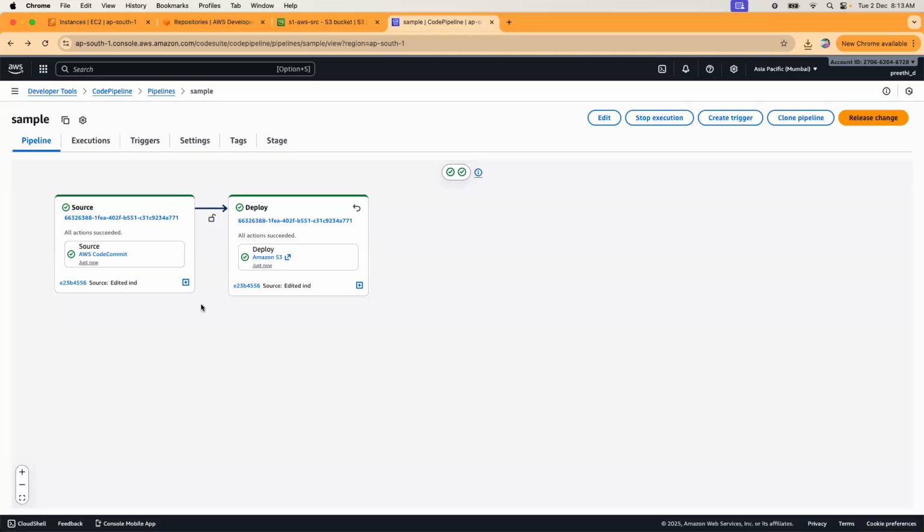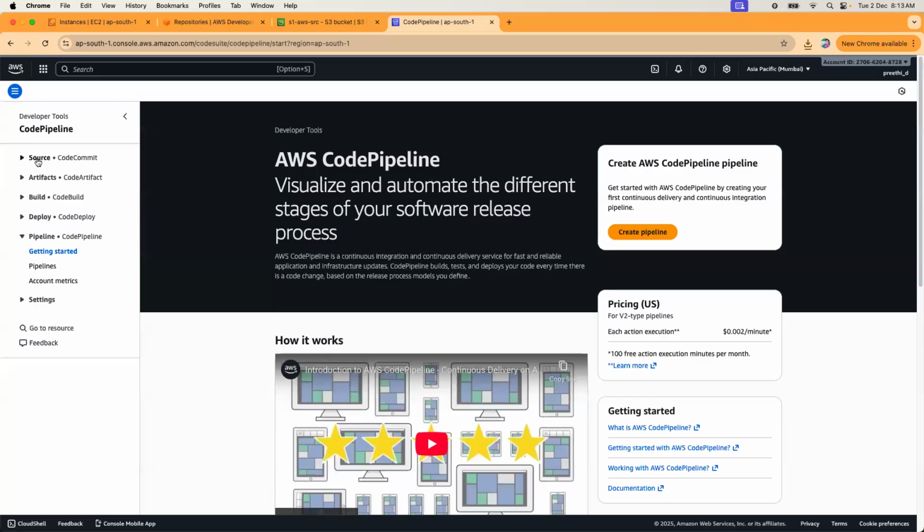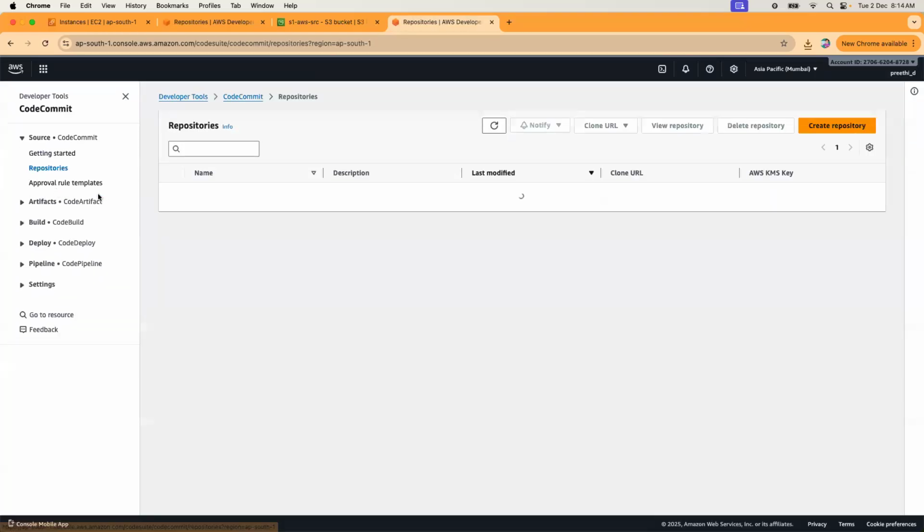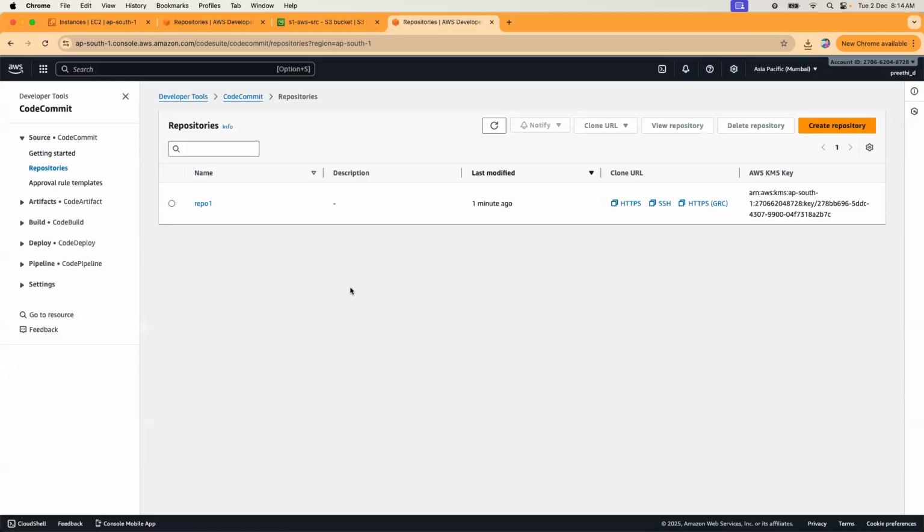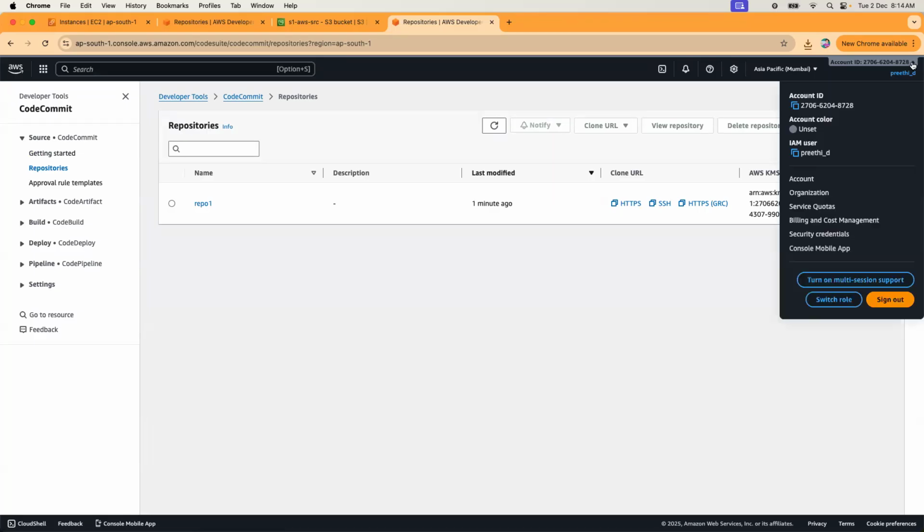We are deploying it to this S3. But what if we have our address book application and we want to deploy it to some EC2 instance, right? We can do that. First, let's get the code here. Go to CodeCommit. Here I want to push my repository. From my local, I can push my repository. Like I push to GitHub, I can push here. But for this, you would be needing